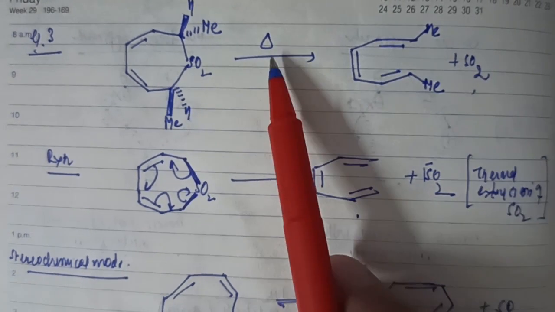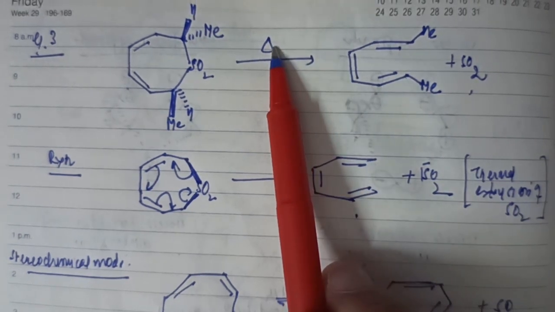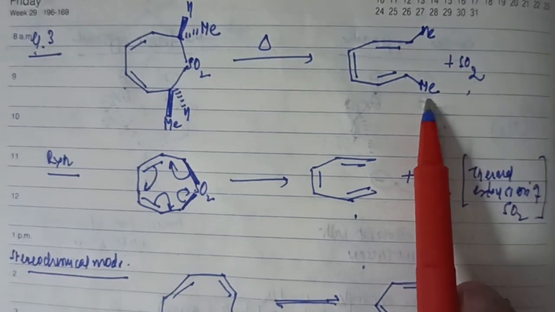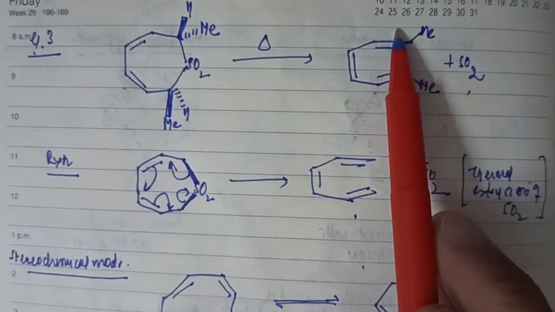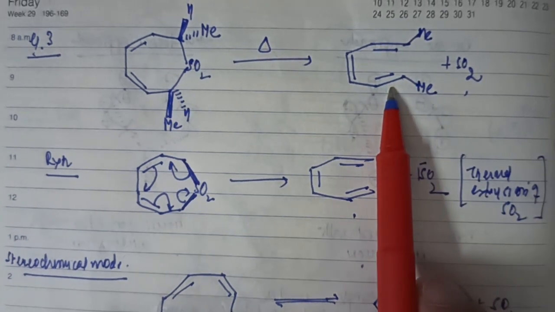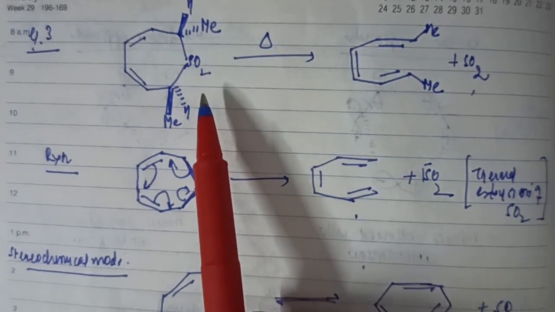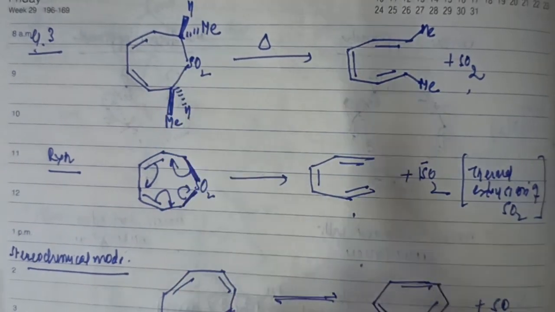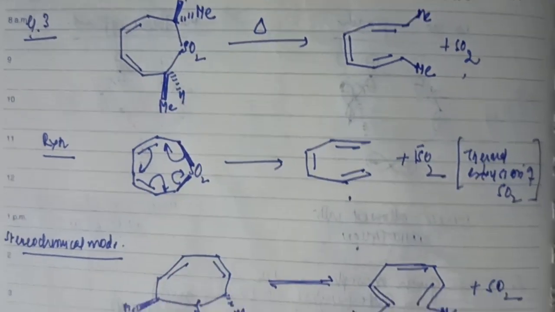We are provided with the information that the reaction is proceeding under thermal conditions. Now what we are given is that both methyls in the hexatriene system are away from this diene. That means they are in an E geometrical relationship. What we were given in the reactant was one methyl above and one methyl below at this stereocenter. Now we have to work out what the stereochemical mode is.